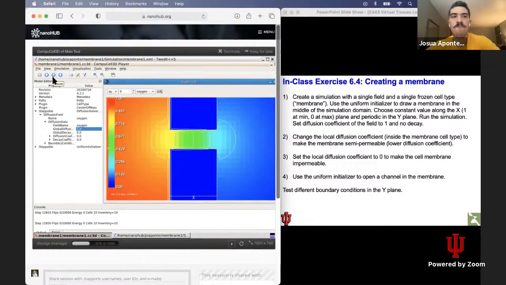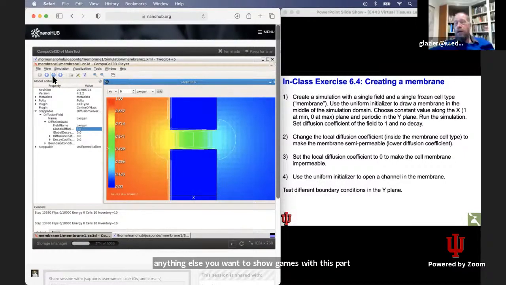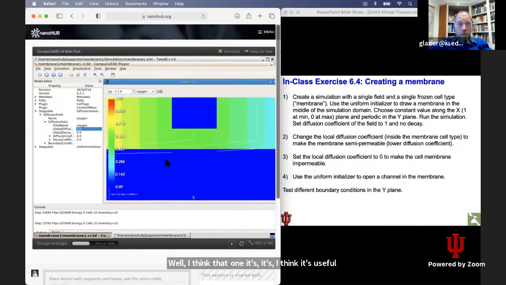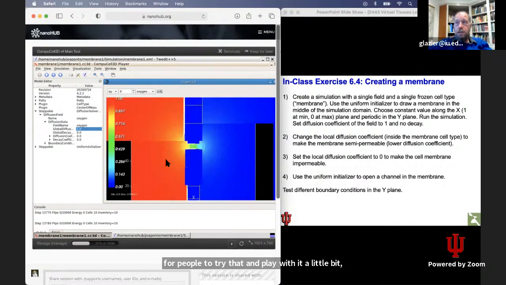Okay. Anything else you want to show, James, with this particular simulation? Well, I think it's useful for people to try that and play with it a little bit, because it gives you a sense of how